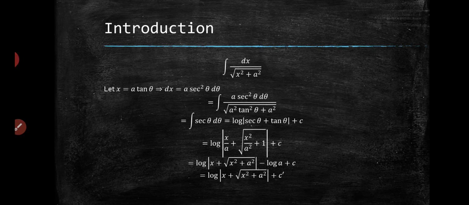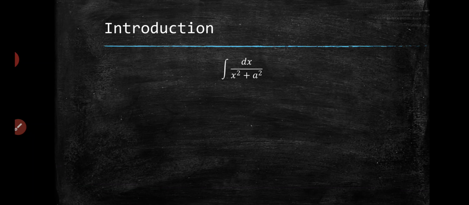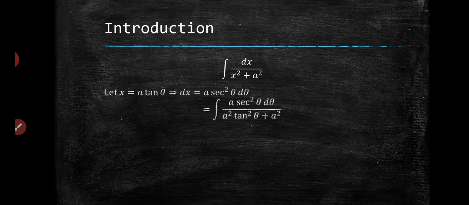Next, let us take another one: dx by x square plus a square. Now in this case again we are going to take the same substitution, that is x equals a tan theta. Then again dx becomes a sec square theta d theta. So if we put everything in, we have a sec square theta d theta by a square tan square theta plus a square. Now that gives you